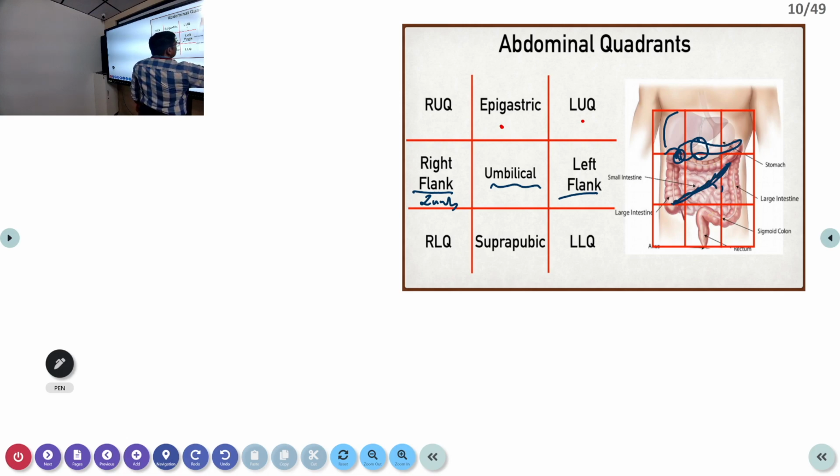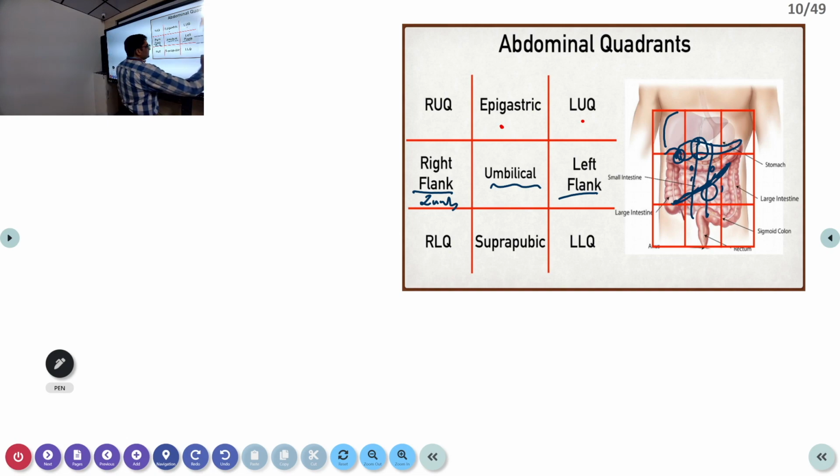So if some cyst is arising from the mesentery, or some lymphatic cysts are there, all those things will be in the central umbilical area. Then the other thing is the aorta, which is here, so aortic aneurysms may be there, and para-aortic lymph nodes may be there. All those things will cause swelling, which we will discuss in the next slide also. Generally we can repeat the same thing again so that you can understand it.